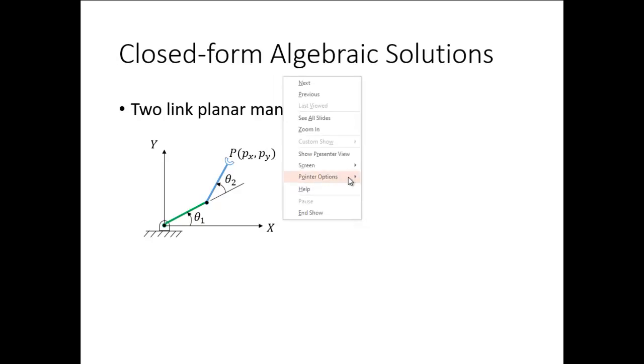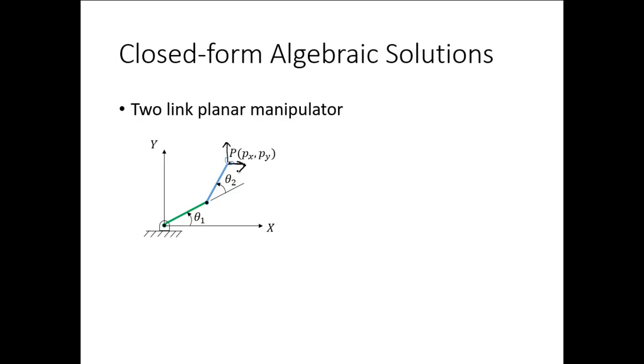So let me just put this to some clarity. Now which means that this end effector can travel along this and along this direction. Now let's denote this by px and py as the coordinates of the end effector. Obviously this px and py, or you can say simply x and y, are related to the joint axis and also to the length of the links.